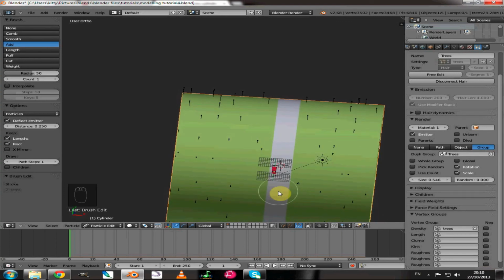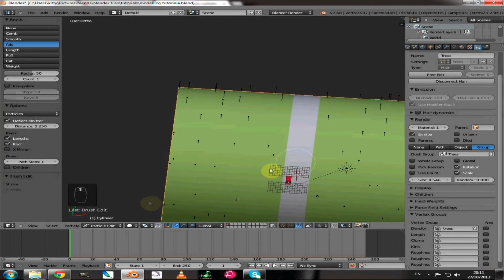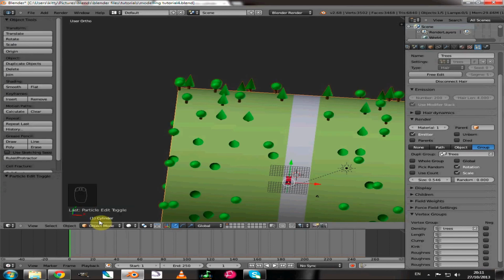Again, not too many, otherwise we'll end up with trees everywhere and they'll all be sat inside each other again, which isn't good. But I think that will do, so let's leave particle editing mode, go back to object mode,